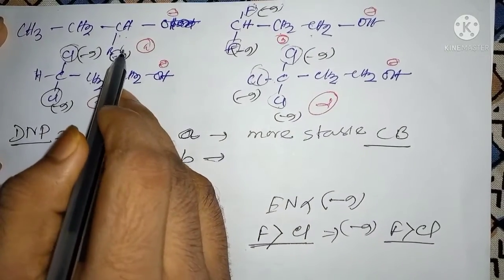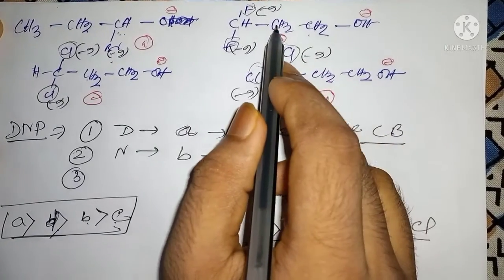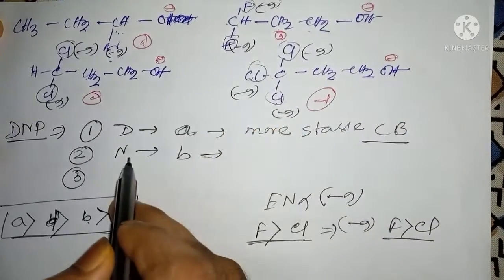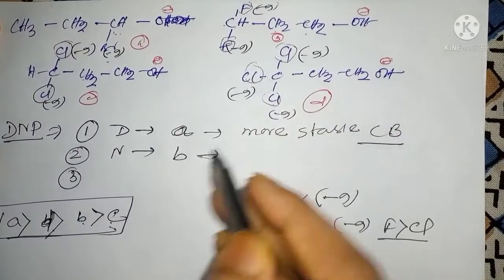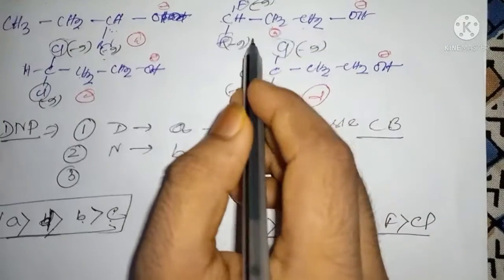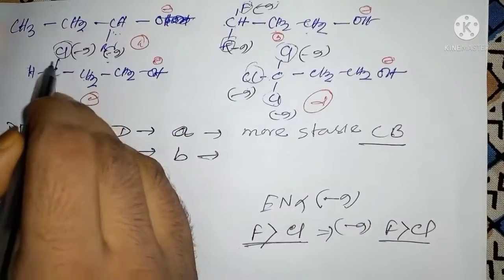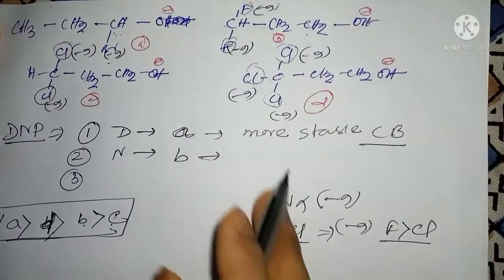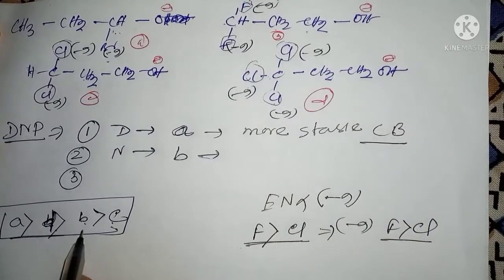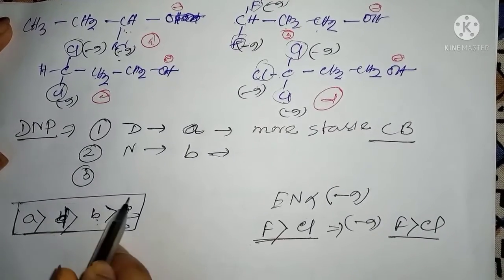Because A has less distance. Then check distance for the others: 1 2 3 position, 1 2 3 position, 1 2 3 position, distance same. Then the number: there are 3 Cl. So number has priority, and D is the more acidic. Then number same, power means there are 2 fluorine. Fluorine is more electronegative, so the minus I effect increases, conjugate base stability increases, and acidity increases. So B greater than C. A greater than D greater than B greater than C. So this is the acidity order.